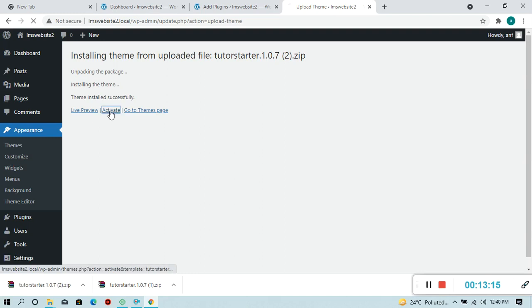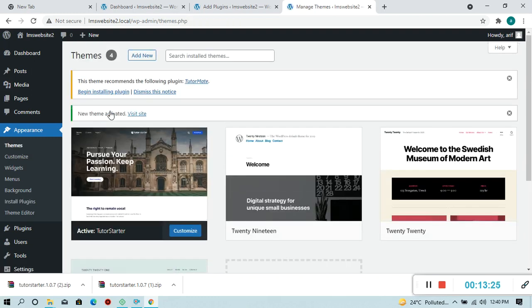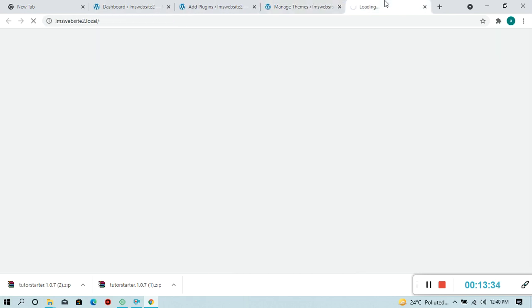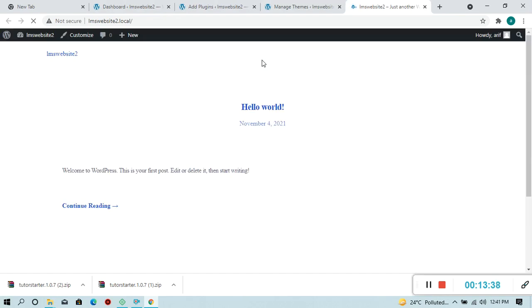Click on activate. The theme is now fully activated, and if you want to see how your website looks, then the website looks different now because we have changed the theme.